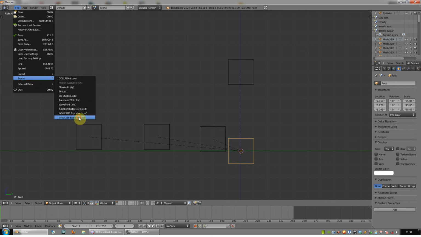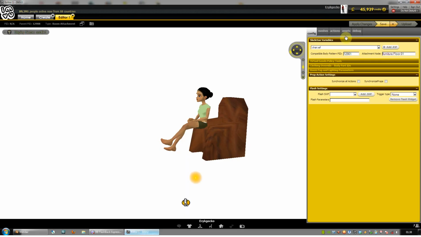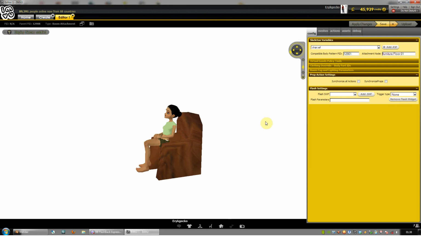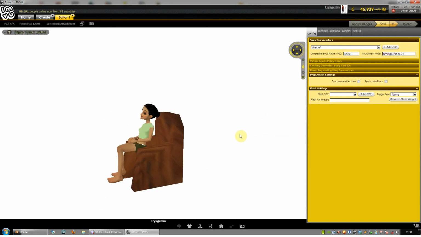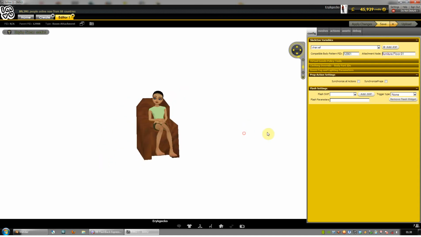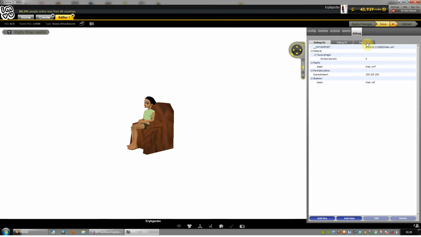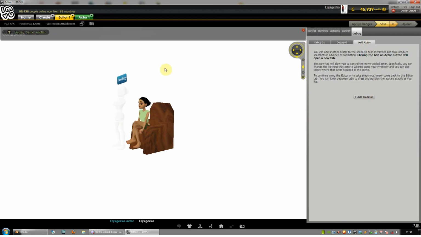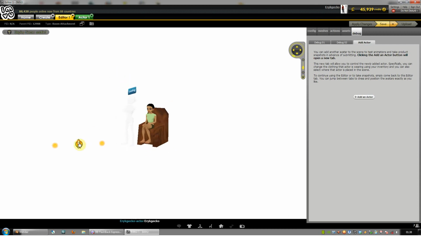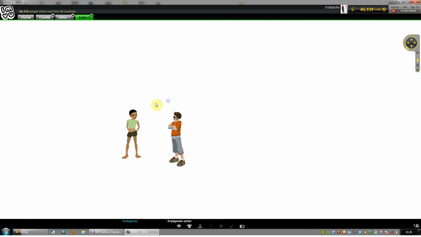Re-export. Re-edit. And there you go, that's a little bit better. Like I said, the chair's not properly to scale, so it probably wouldn't fit properly anyway. What I'm also going to do now, and I'm crossing my fingers this will work, because this is always a bit dodgy whenever I try to do this, but we're going to add an actor into the scene, and once that loads along with the chair,